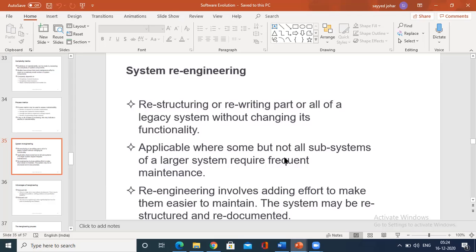Usually the process of evolution includes understanding the program that has to be changed and then implementing these changes. So, software reengineering.